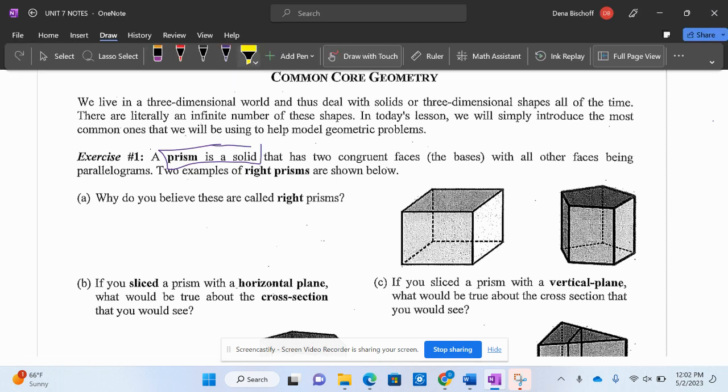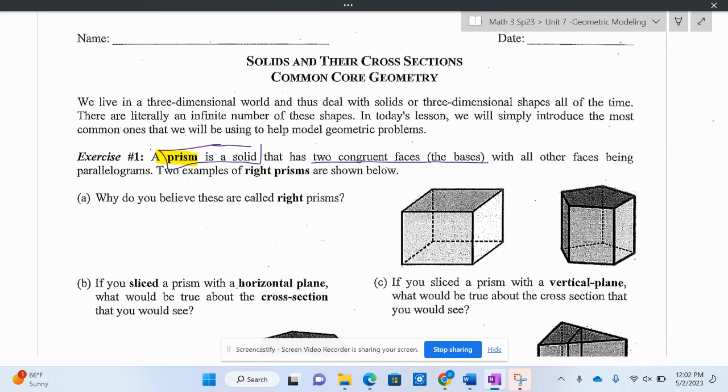A prism is a solid that has two congruent faces. They're called bases. This is the key: two congruent bases. So if I were to look at this shape right here, this is a rectangular prism. This could be my base, and this could be my base. If I were to look at this shape right here,